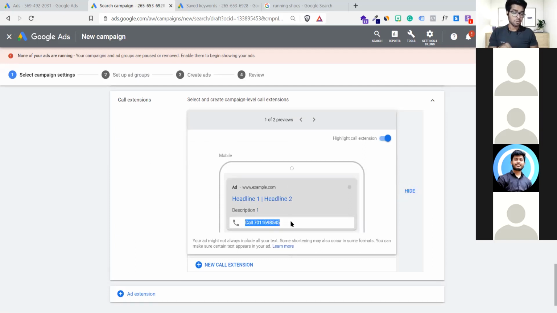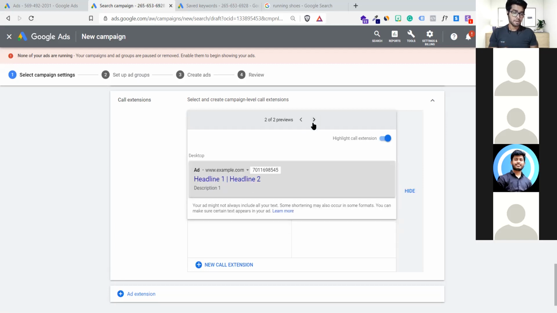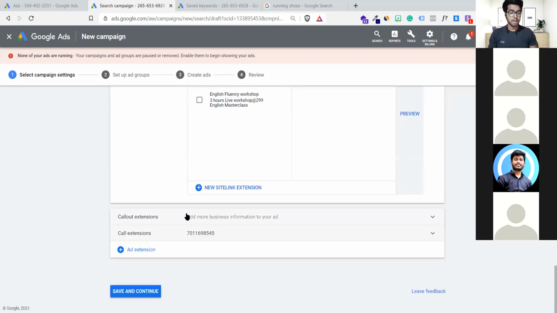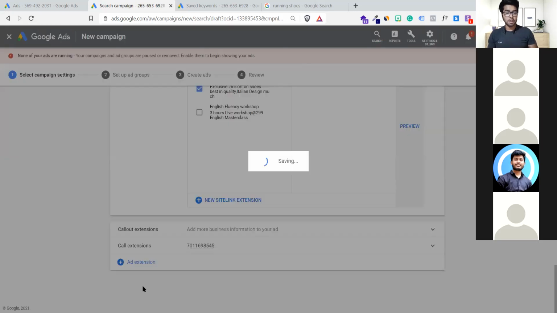It is down below. Call here. Pretty visible, right? Here is the call, here is the number. On desktop, it will look like this. On a mobile phone, you have the call feature. The moment people search for Puma shoes, if they have some inquiry, you have a chat desk support system. If someone is there in the admin store, you can give a number, click on it, and call, solve your query. It's a super easy thing, and again, highly recommended to use it. Don't ignore it. Okay, now let's go for save and continue.